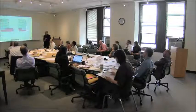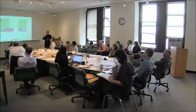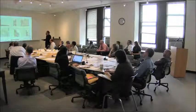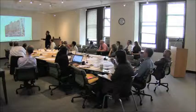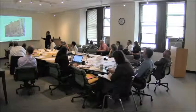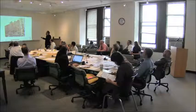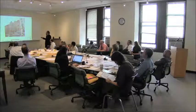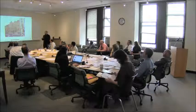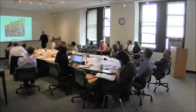I think I'm not clear on the changes to the existing facade windows. Sure. Can you show the existing facade and then the changes in heights and explain why you're doing that? Sure. So what we're proposing here on the 3rd floor is actually taking this block dimension and adding another one of those, which is 21 inches, to enlarge, because of the calculations for compliance with DOB light and air